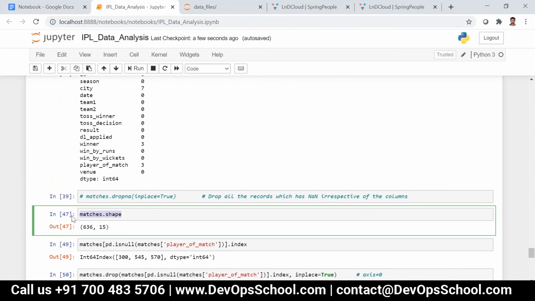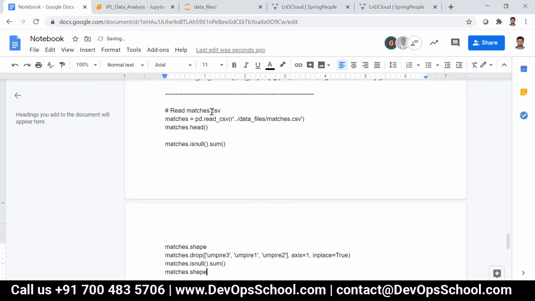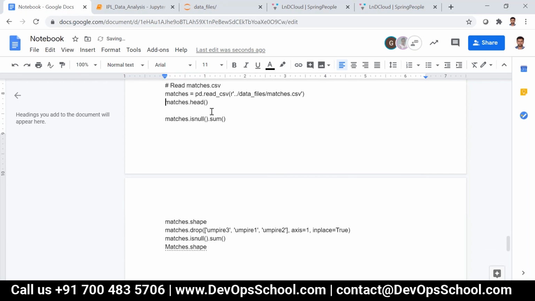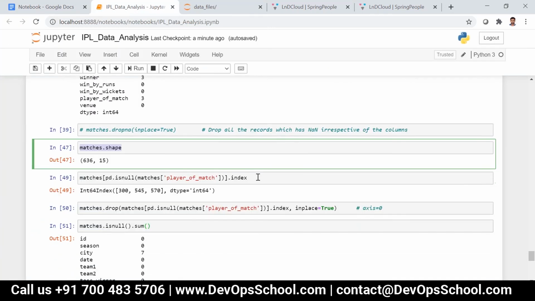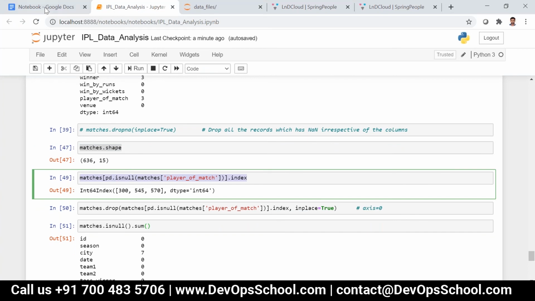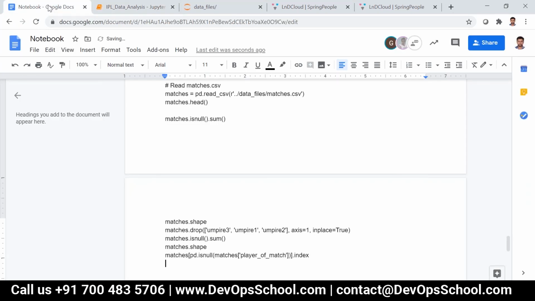We don't have the batsman runs. So you have to combine two different CSV files, and that can also be done over here. Let me just try it.